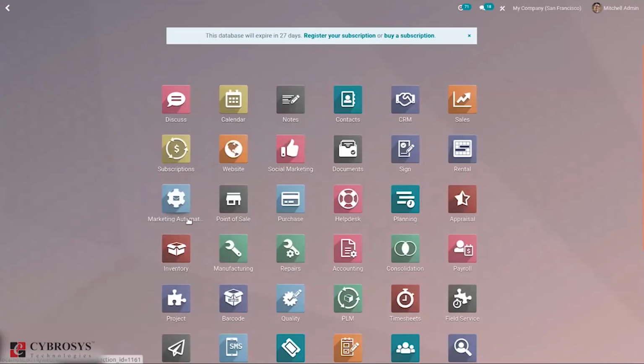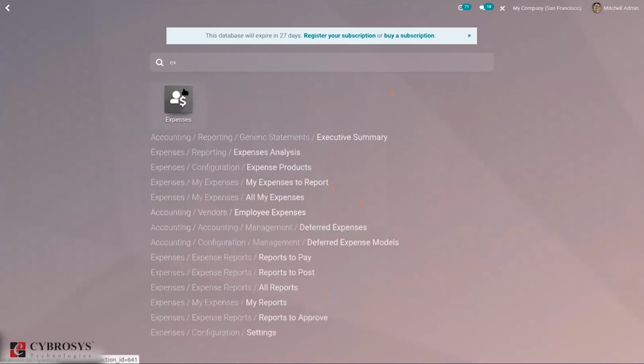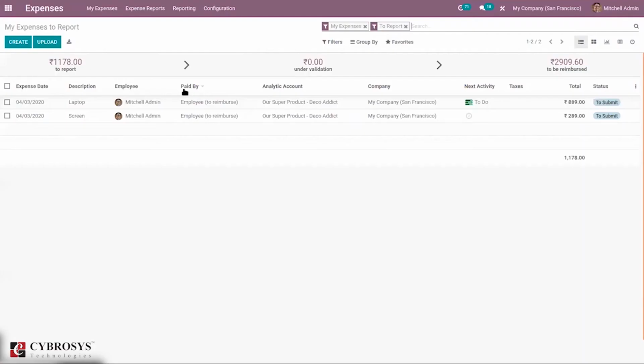Then comes the expense management module. This allows employees to submit their expenses, and managers can review the expenses and accept or reject them. The manager can also examine the bills and take decisions based on this. This is directly connected to accounts, and on getting approval, the expense report will be transferred to the accounts